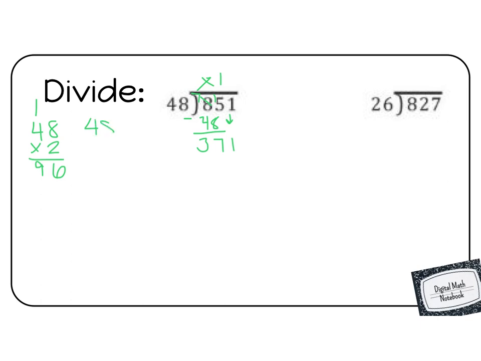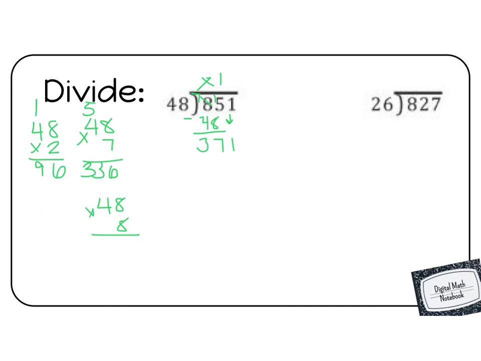So 48 times 7. 7 times 8 is 56. 7 times 4 is 28, 29, 30, 31, 32, 33. So we get the answer 336. 336 is pretty close to 371, but let's multiply 48 by 8 just to make sure that we can't